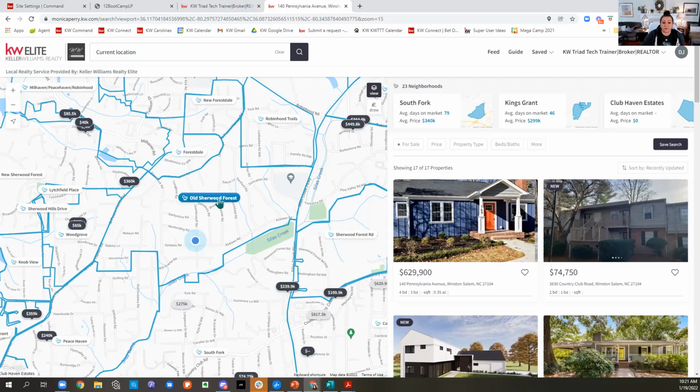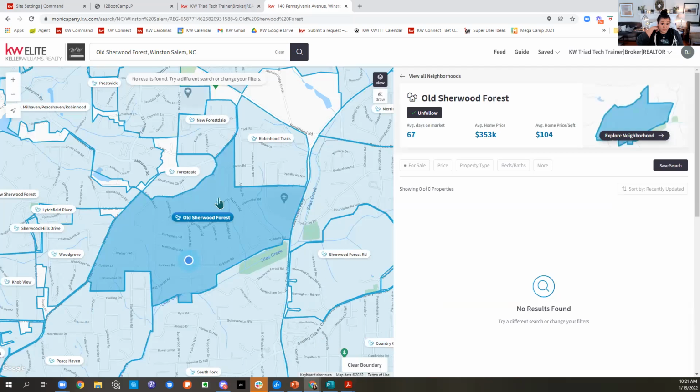So clicking on this neighborhood gives you about 7 websites worth of information from other sources that your clients are getting all in one spot. I'm following Old Sherwood Forest as the client. In this case, I'm Dakota, as usual, as a client. Okay. He's following Old Sherwood Forest. He's being able to see the average days on market, average home price, average price per square foot. And then if he clicks Explore Neighborhood,